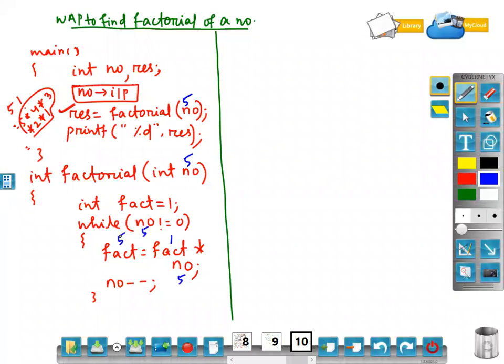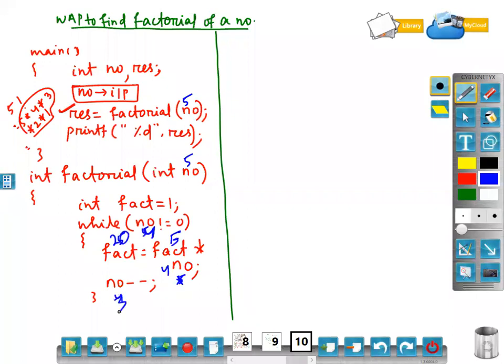After that, number minus minus, value will become 4. Again, while loop means again the condition will be tested. So in place of 5, it will become 4. 4 not equal to 0, true. Enter. Fact is currently 5, number is currently 4, so 5 into 4, 20. Again minus minus, value will become 3. Clear?